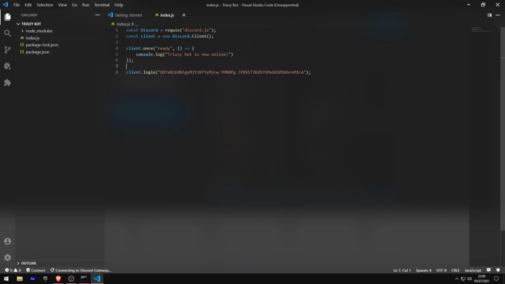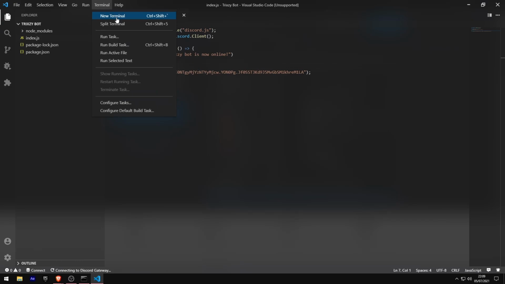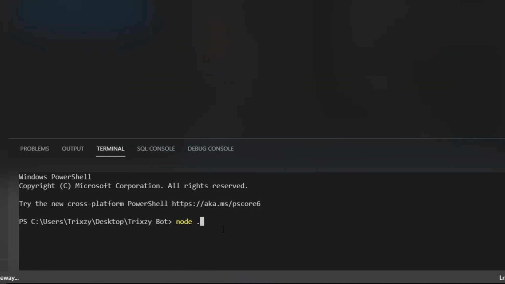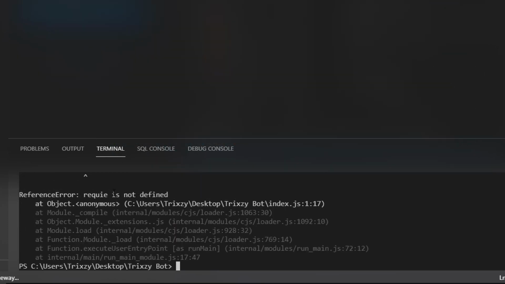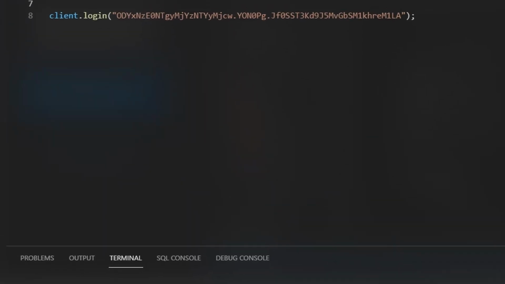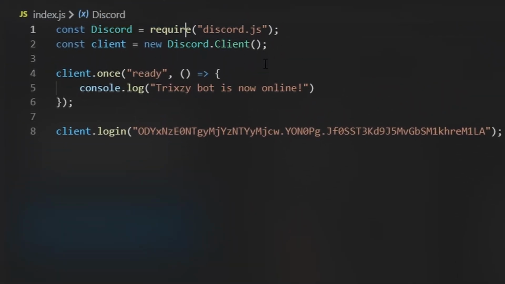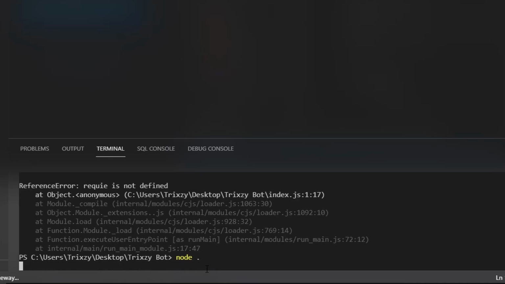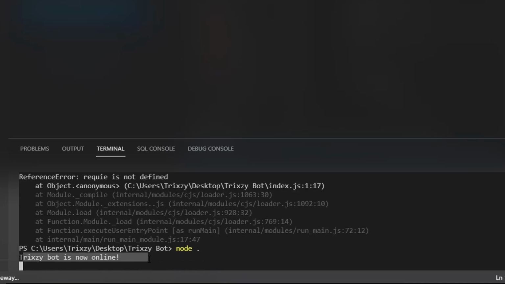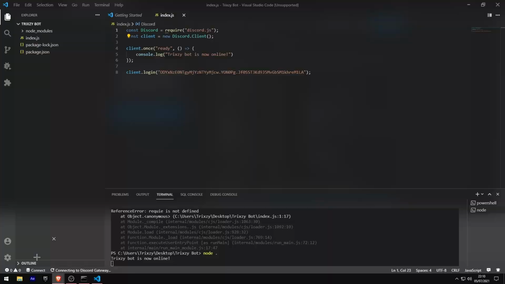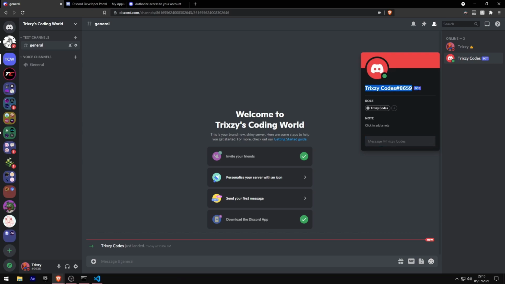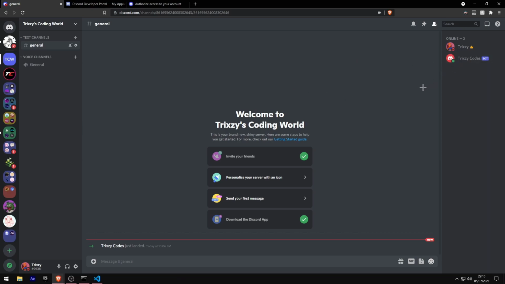There are two ways you can actually run your bot. So I'm just going to head over to the terminal, new terminal, node space dot. This is the run command. If I hit enter, I got an error because I spelled require wrong. Perfect. I'm just going to restart this. So node space dot. And there you go. TrixieBot is now online. If I go back to my web browser, as you can see, the Trixie Codes bot is now online. It doesn't really do much because we haven't coded anything that it should be doing,